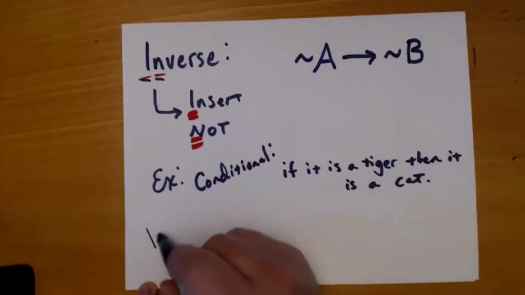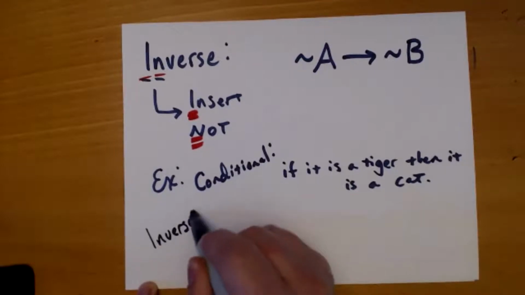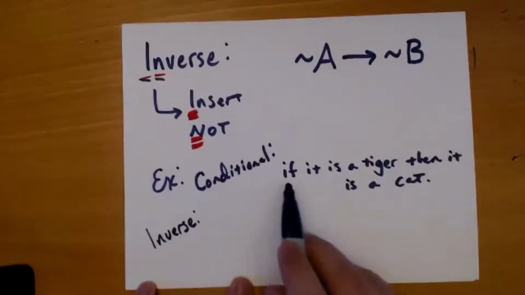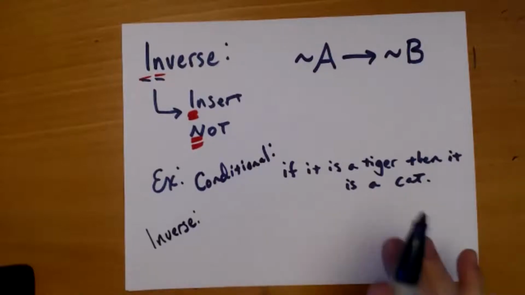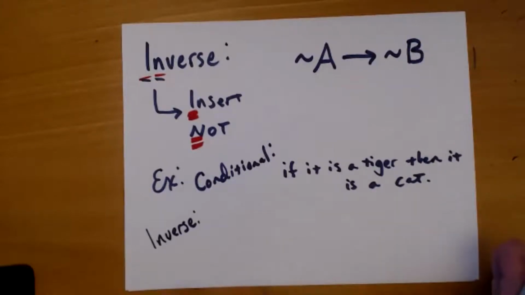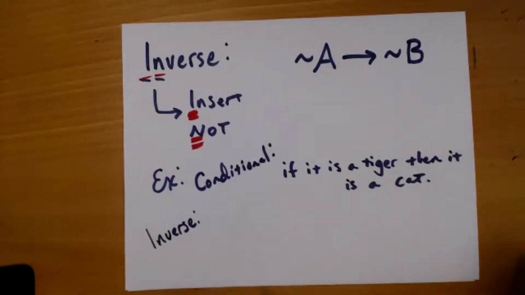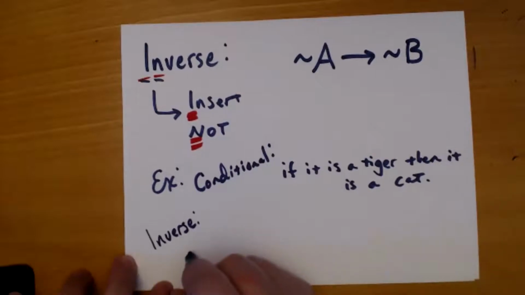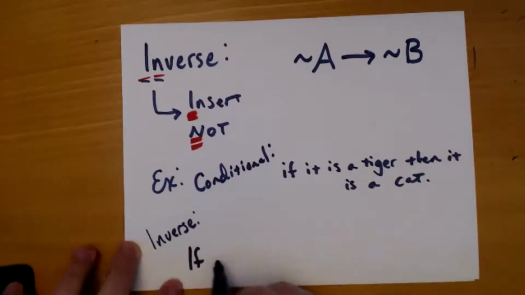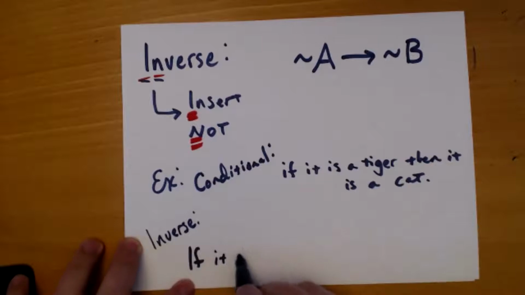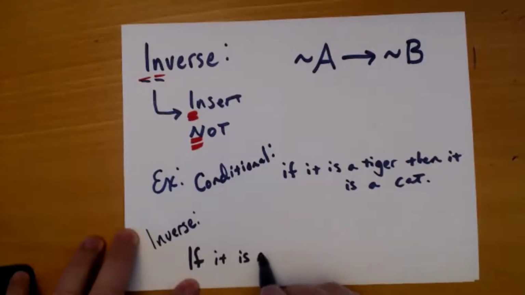And then the inverse: we still have the if and the then. That doesn't change. By the way, that's never going to change for the whole day. All of your answers are going to have an if and a then, and they're not going to move, ever. Okay. If it is not a tiger,